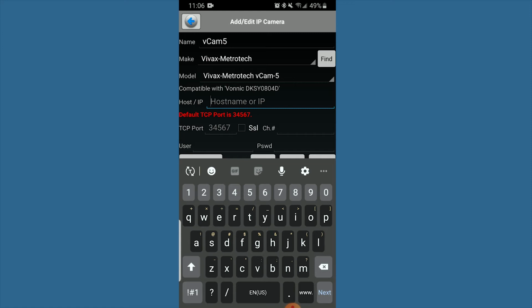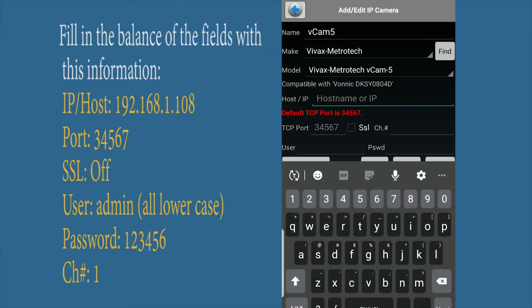Then we're going to fill in some of these remaining fields with information that I'm going to provide on your screen. So we're going to enter the IP and host name, and that's going to be 192.168.1.108. We're going to enter in the port, and that should automatically be entered in, but if not, we're going to add